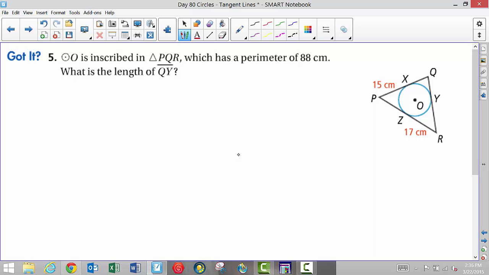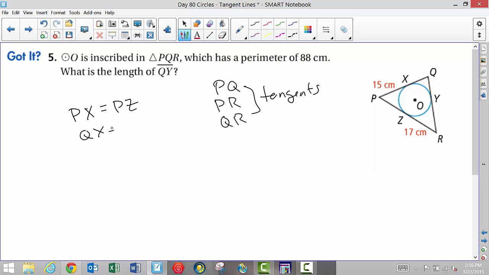So the circle is inscribed inside of a triangle. I'm going to have tangent lines, so I know that P to Q, P to R, and Q to R are tangents. If those are tangents and I have an inscribed circle, I know that P to X is equal to P to Z. I know Q to X is going to be the same as Q to Y, and R to Z is going to be the same as R to Y. The reason I know those segments are congruent is because I have an inscribed circle inside of a triangle. So this is 15, this is 17, and this I'll call